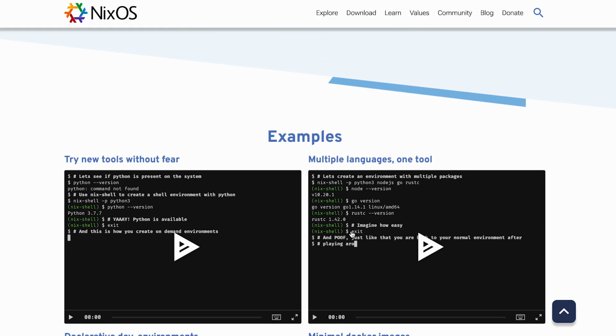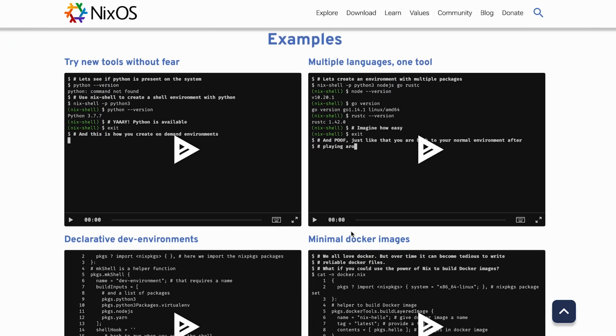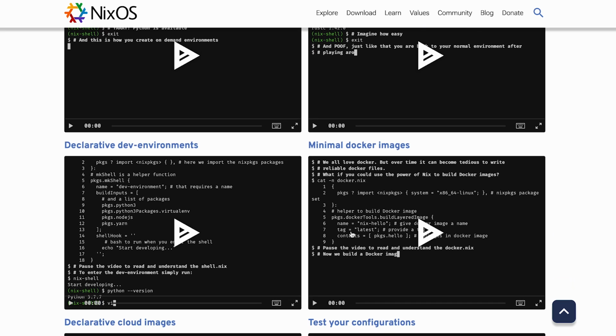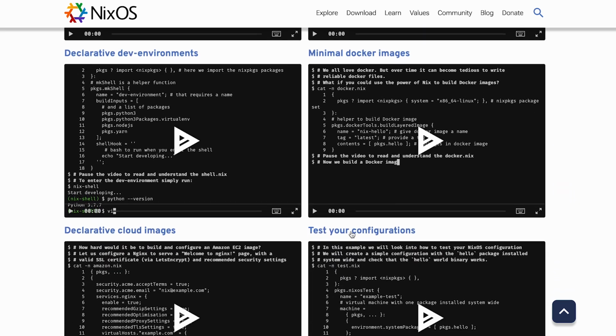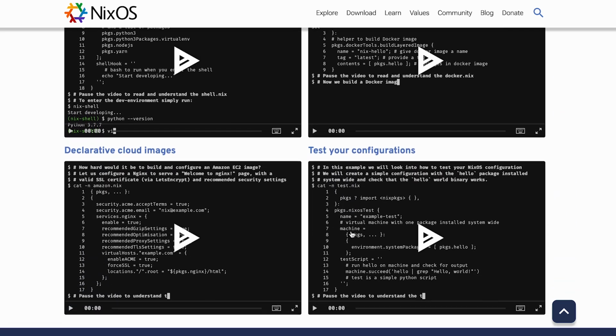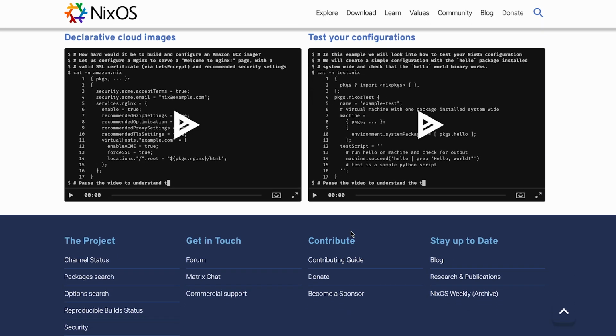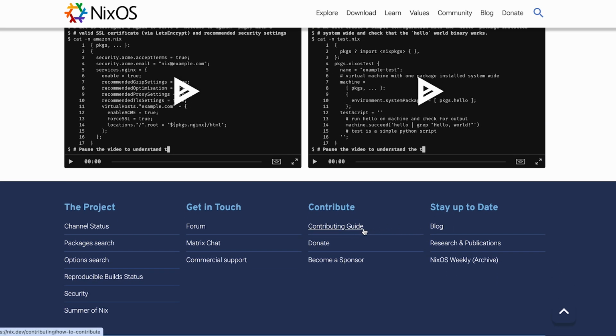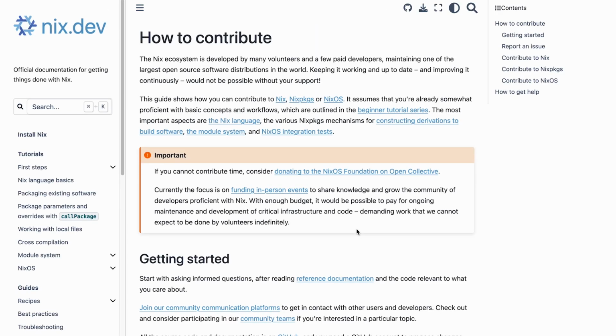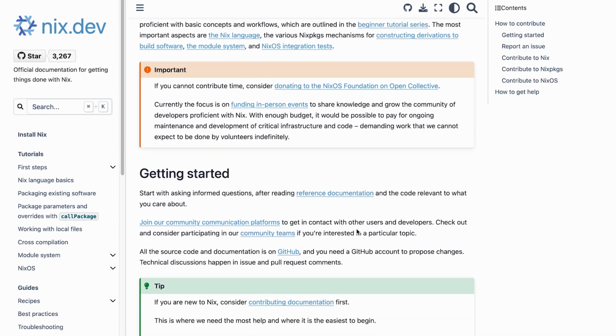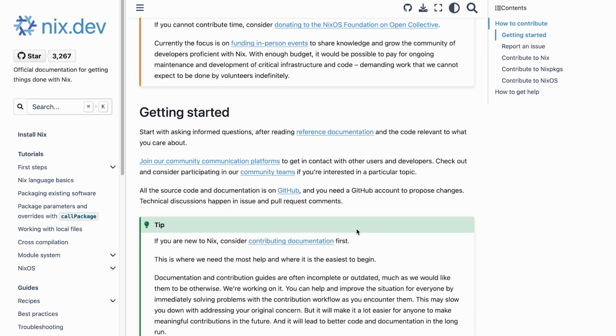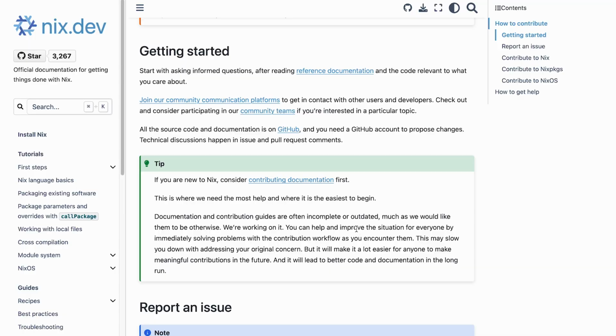NixOS is popular with DevOps professionals, software developers, and users who regularly build and test custom environments, although it comes with a steeper learning curve. Its focus on flexibility and experimentation makes it excellent for advanced use cases, but traditional server setups or uncommon hardware may require additional effort. Which should you choose?